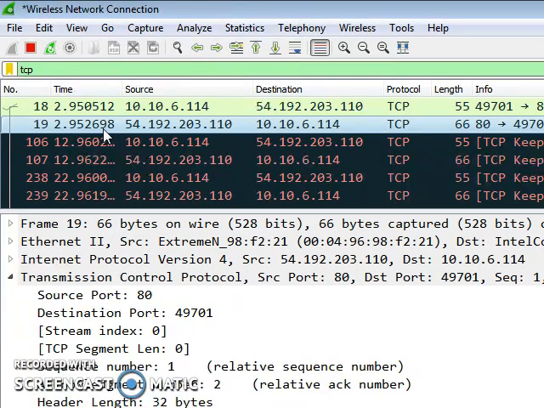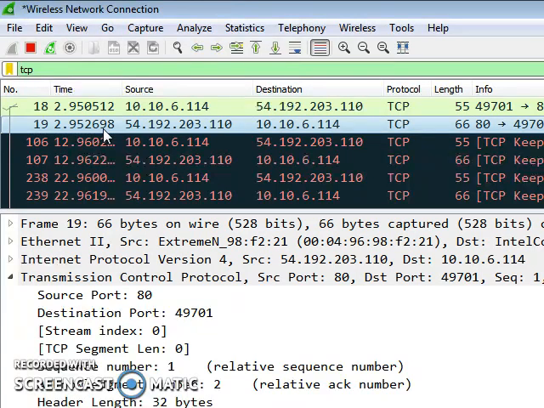The next is the push flag. The push flag is used for priority. Suppose you want to send some data, and the data is too important, so you can apply the push flag on that, so that it will recognize that the data within that packet is too important and it will be sent very fast. The next is the URG flag, that is the urgent flag. Suppose the data within the packet is very important, so you can apply the URG flag over it, so it will be sent very urgently.